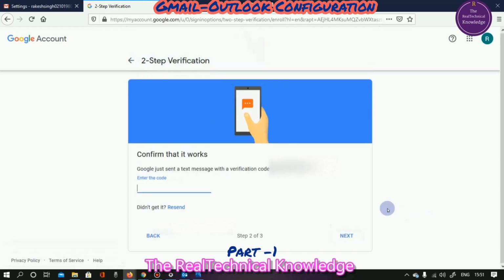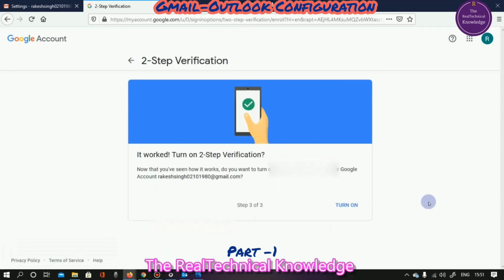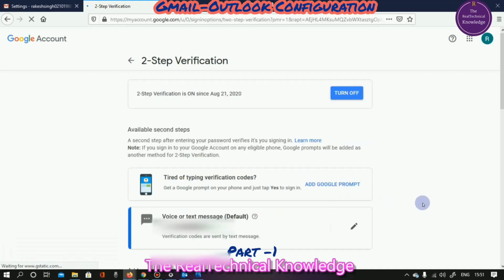You need to wait for 15 or 30 seconds. Now I have received a code and I am putting the code over there. After entering the code, we need to click on next. Gmail will validate your PIN. Then click on turn on. After successfully enabling the second